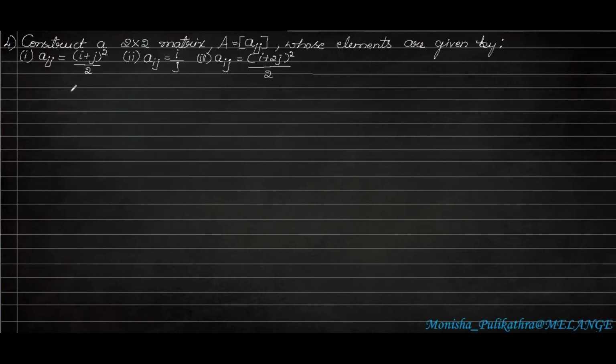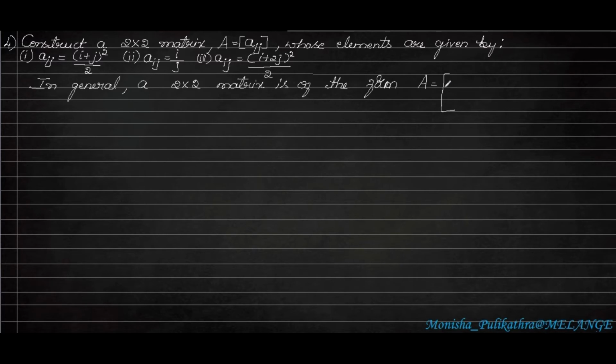Moving on to the fourth question. The fourth question is, construct a 2 into 2 matrix of form A is equal to Aij whose elements are given. We have to find out all these 3 sub questions in that. Okay. So first, in general, a 2 into 2 matrix is of the form A is equal to,